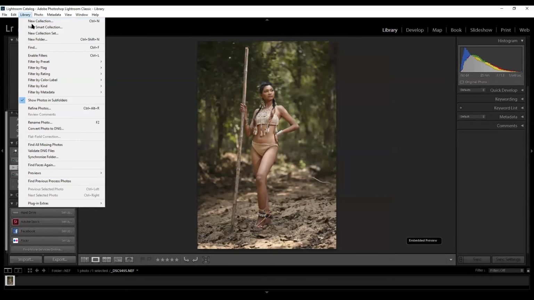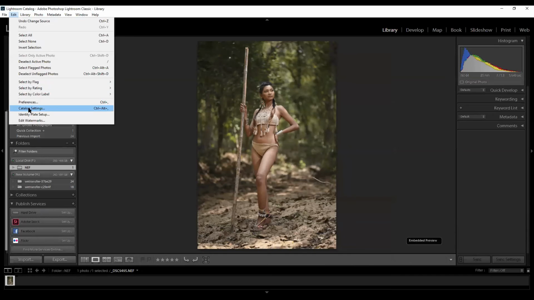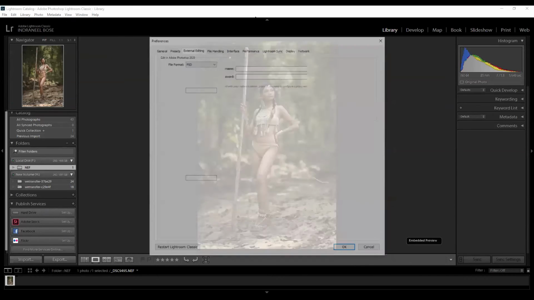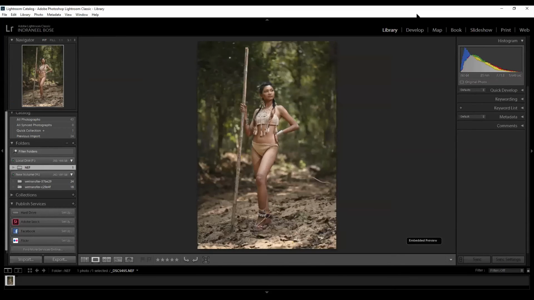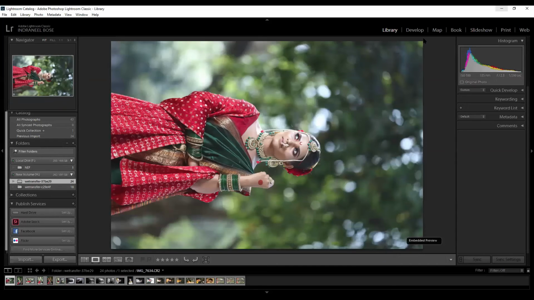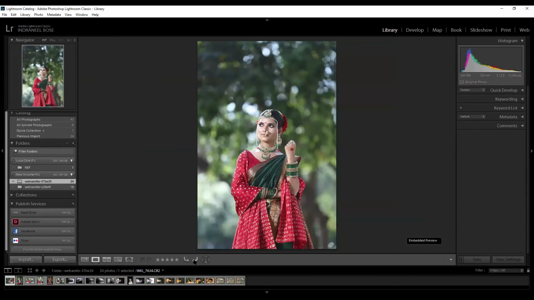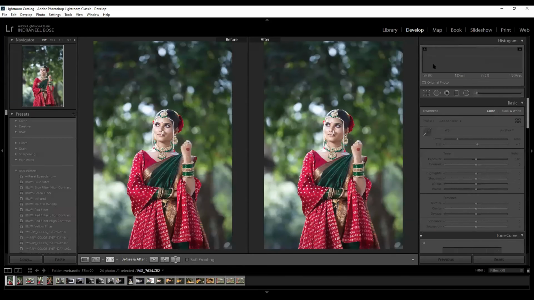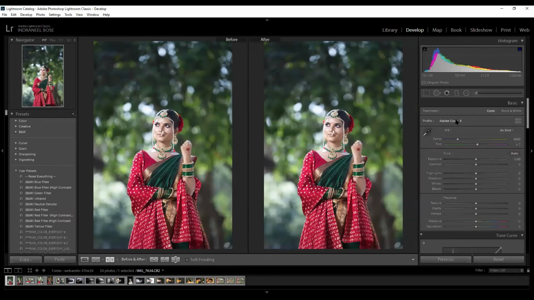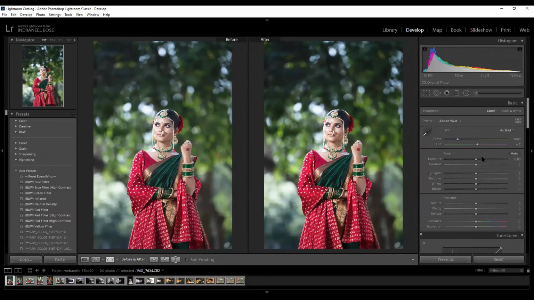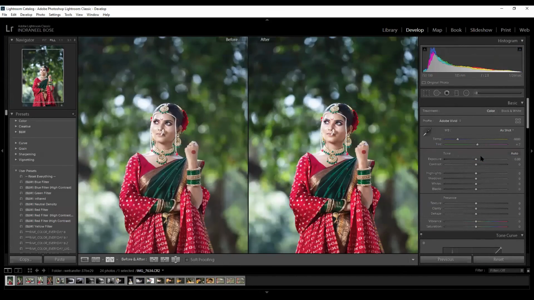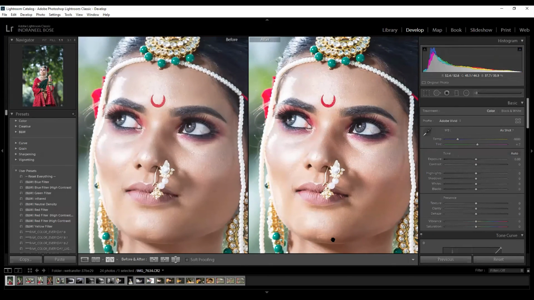So let's go to the preference palette, and let me now keep it in a more default mode. Let me come down again. So let's work. Now see, as you are asking for the profile part, we have the before and after. Now see, if I click on Camera Vivid, can you see the color difference?